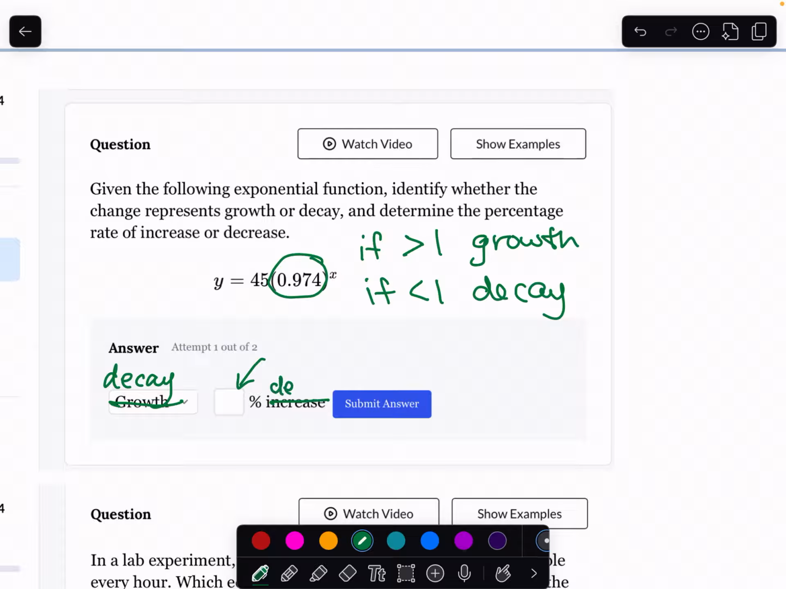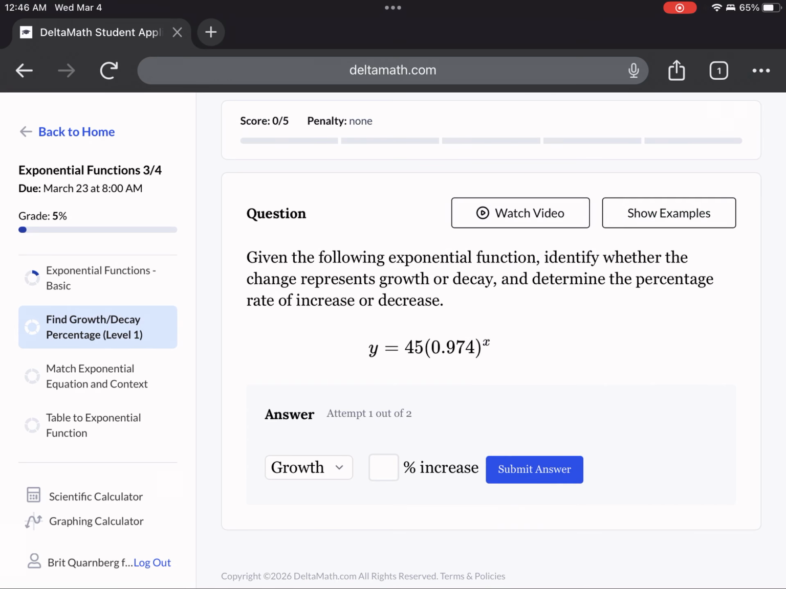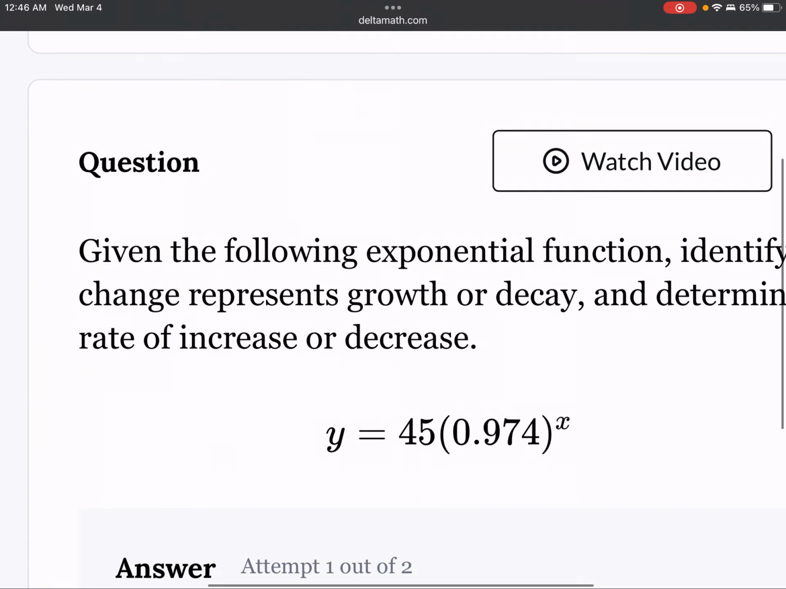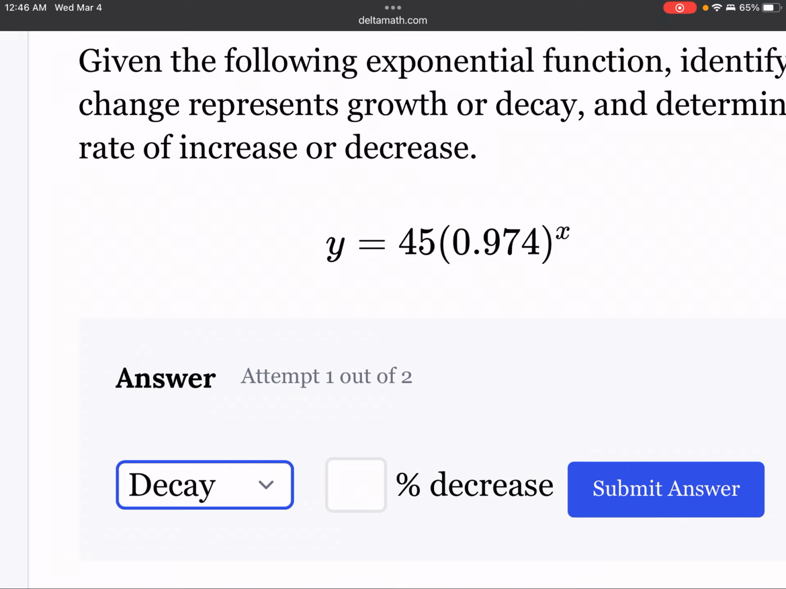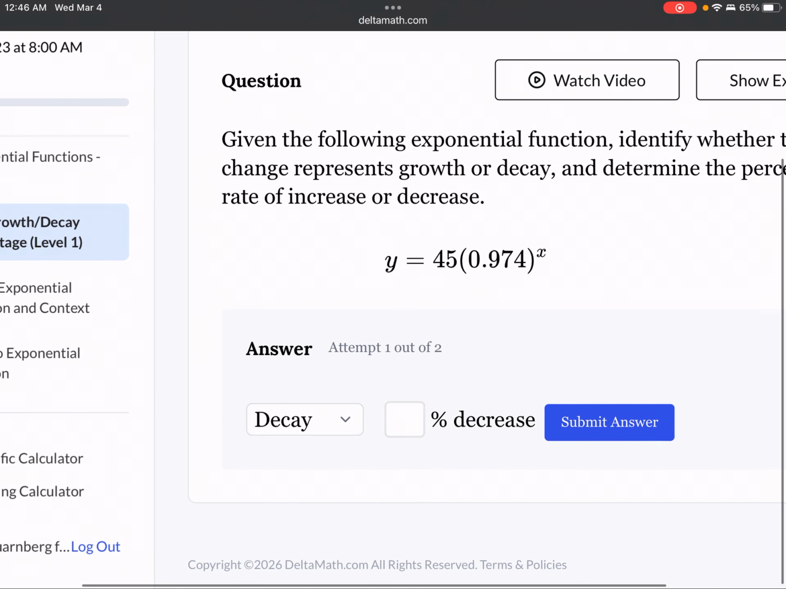So to figure it out, we are going to do 1 minus the 0.974 and figure out what that percent is. What that decimal is, and then change it to a percent by moving the decimal back 2 times. Okay, so let's go back into Delta Math and do that. So it's going to change this to decay, and I need to find that number so I can use the scientific calculator. And I'm going to do 1 subtract